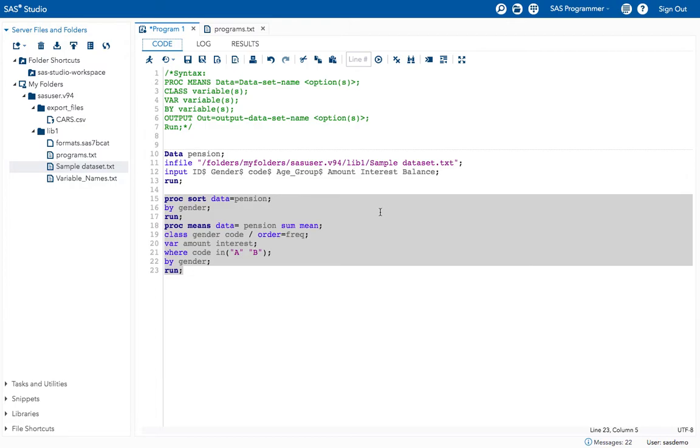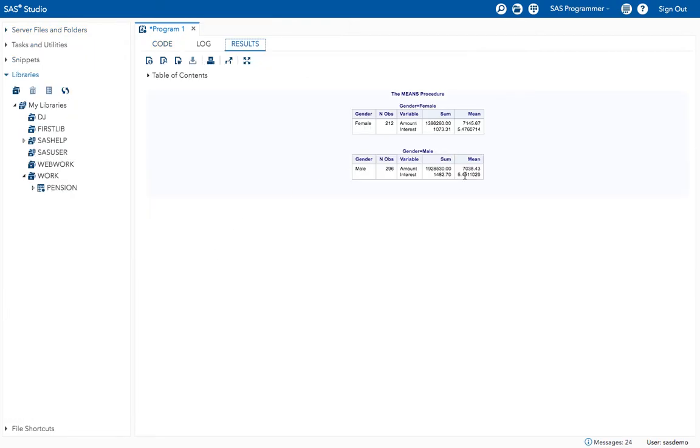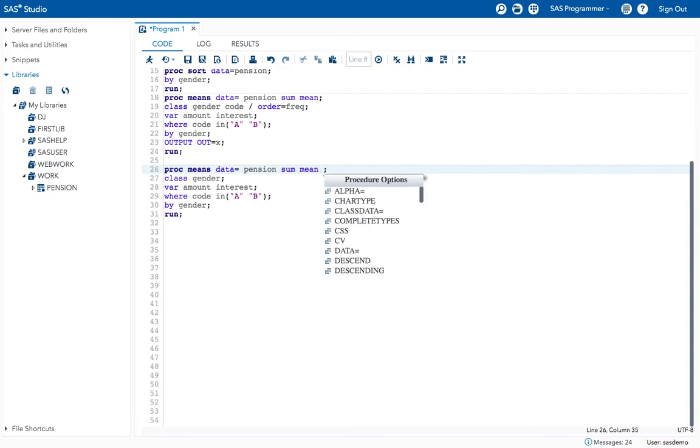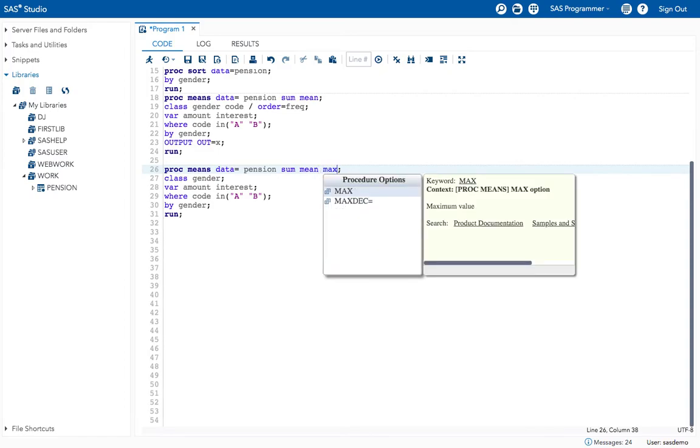Now if you want to control these decimal values, you can mention the decimal option for that. In the PROC MEANS statement itself, mention MAXDEC. This MAXDEC specifies the maximum number of decimal places to display the statistics in the printed or displayed output.